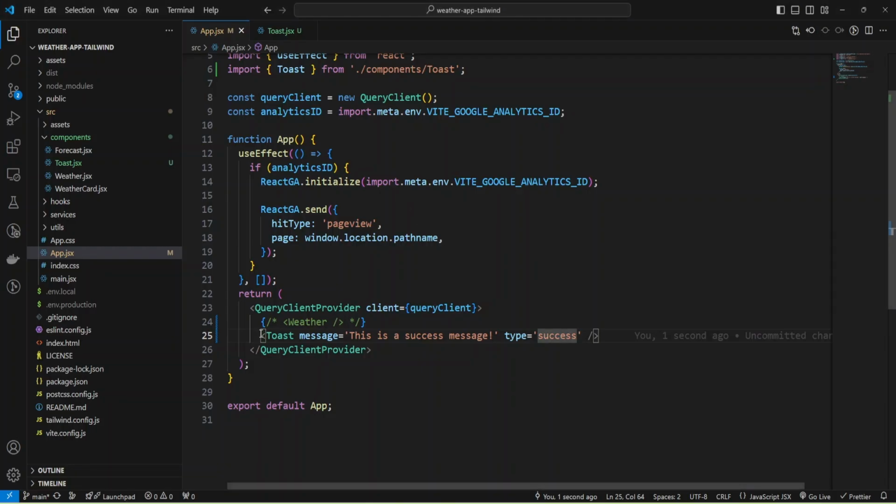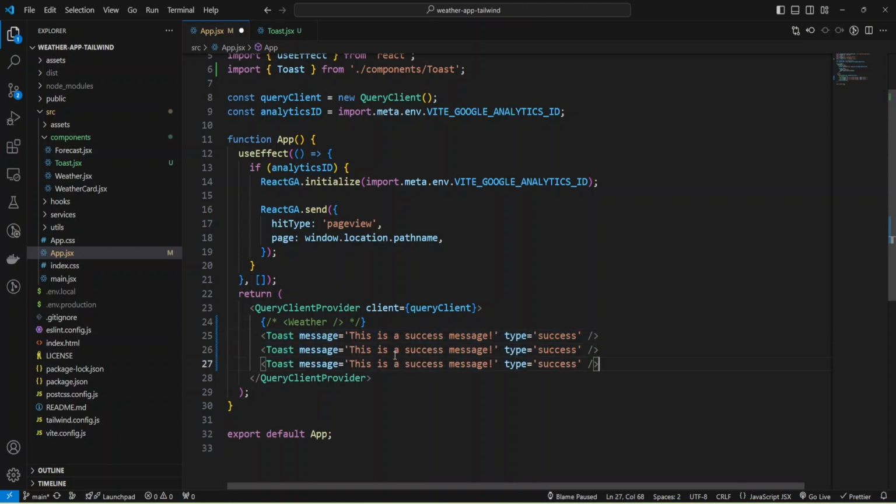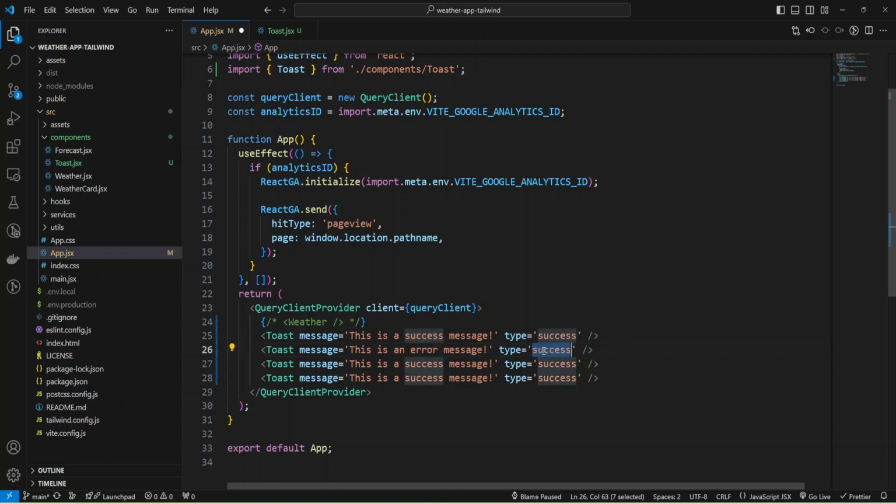And let me provide messages for error, and also info. And type will be info, and also warning. And type will be warning.